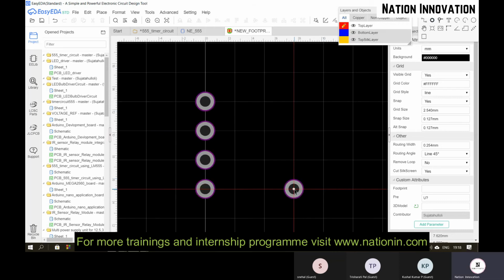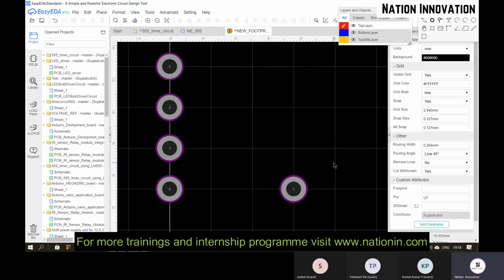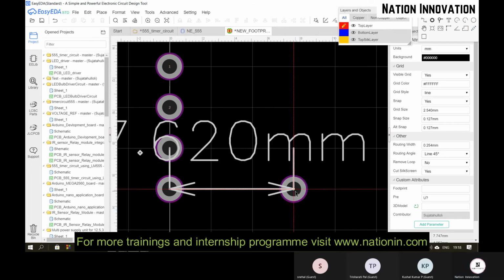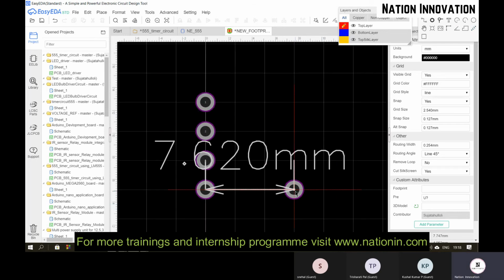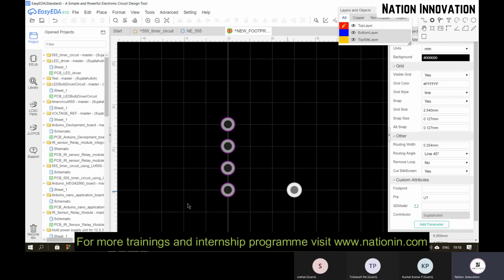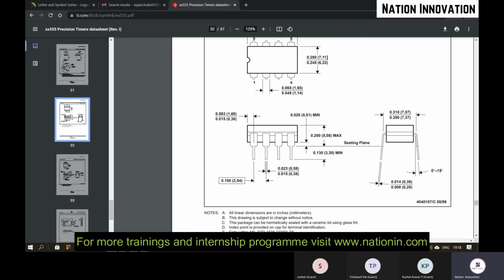Let us place and then check the distance. This is 7.62, so you can take a maximum as well. This is 7.11. Actually, this is the size of the rectangular box, but I need the distance between two successive pins, like the fourth and fifth.